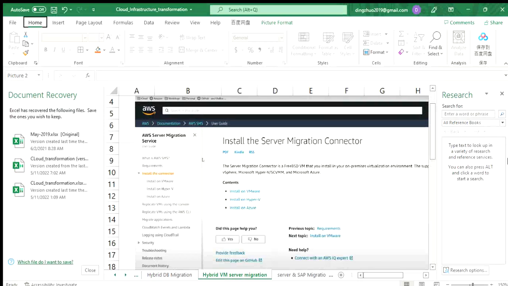Today's topic, we're going to focus on cloud server migrations. Now, most of the bare-metal servers running either Linux or Windows Server have been migrated towards the VMware environment over the last decade. Now,